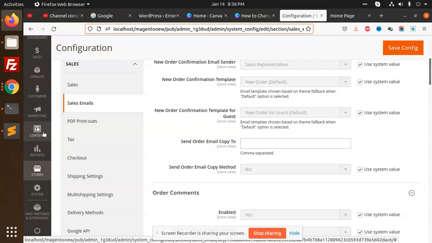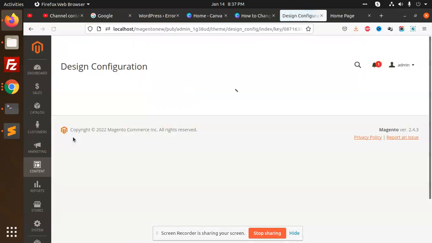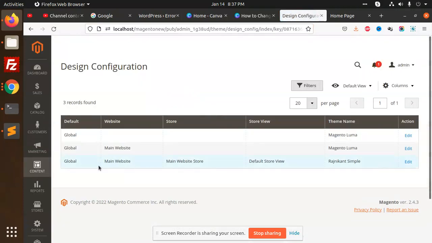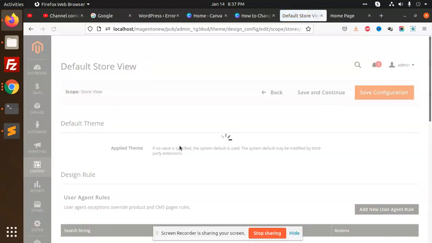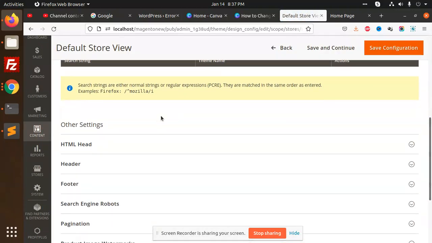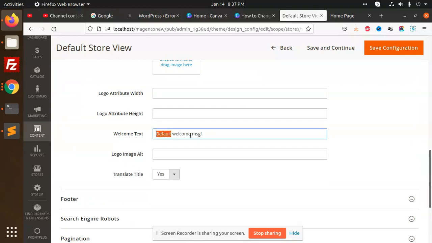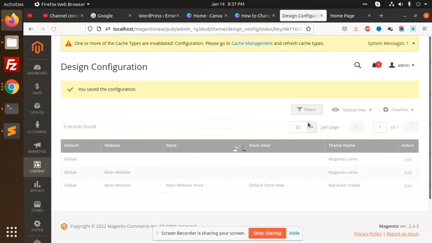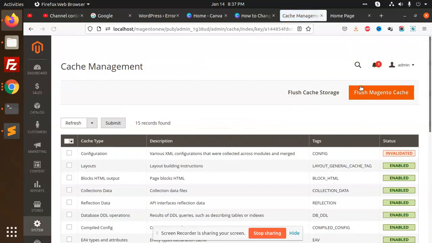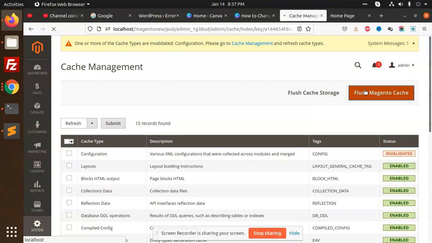First of all, go to the content configuration. In configuration, select whatever theme you have. In this panel you have the header, and here we have the default welcome message field. If I remove this, save the configuration, and flush the cache,